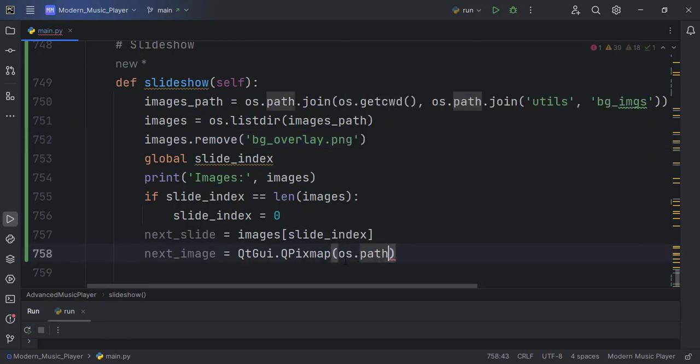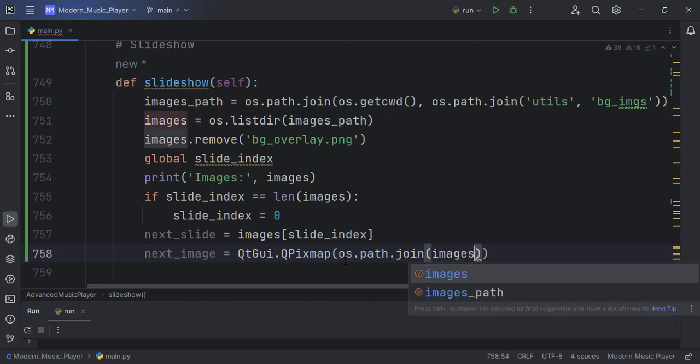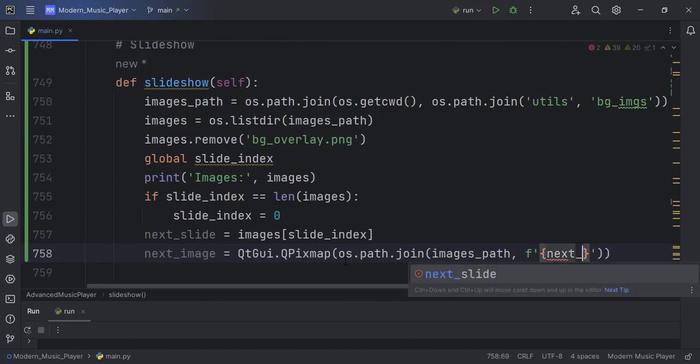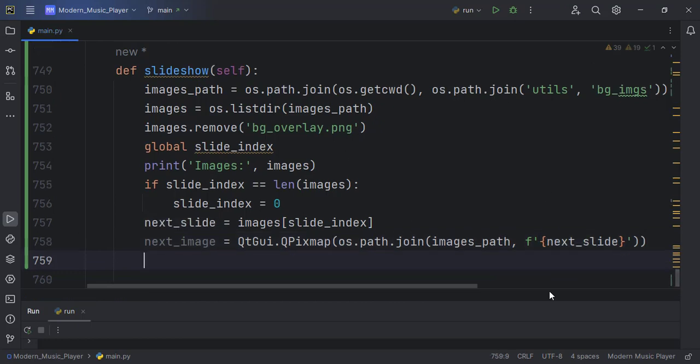So os.path.join images path with the next image. So on F string, you can say next slide. So this one will give us the full image path,